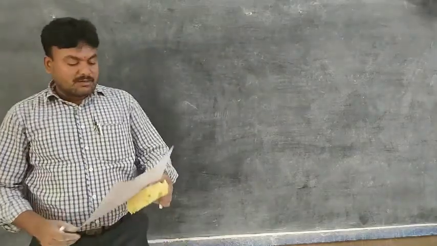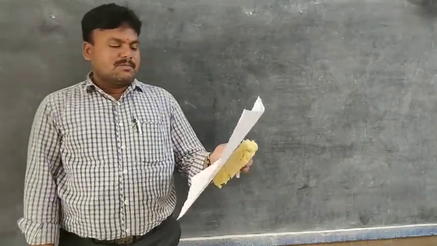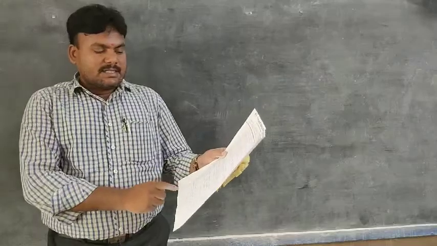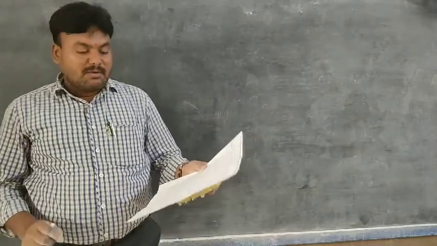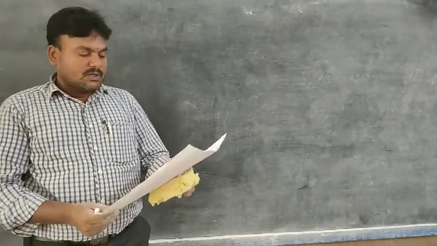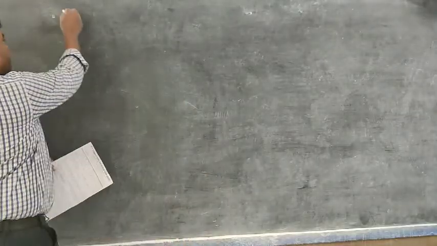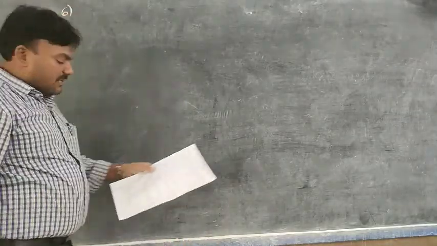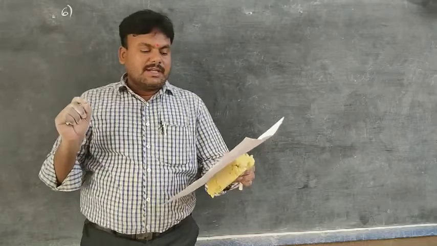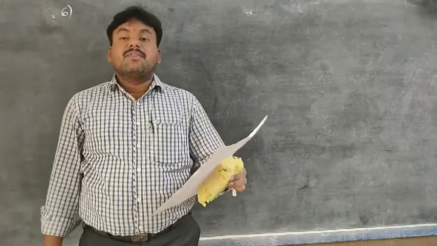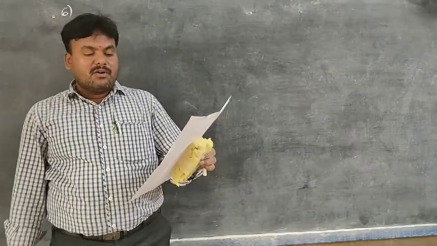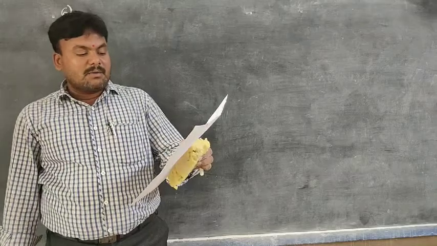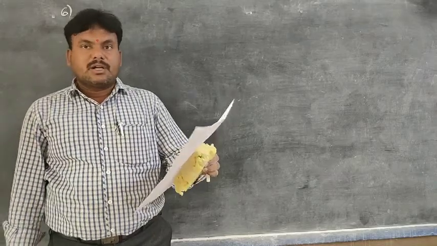Next, second Roman numeral, observe students. Solve the following problems. I gave 2 questions and each question contains 5 marks, 2 into 5, 10 marks. So, sixth question. Observe the problem. First of all, the mean of the data in the following table is 50. Find the values of x and y, and summation Fi equals 200.